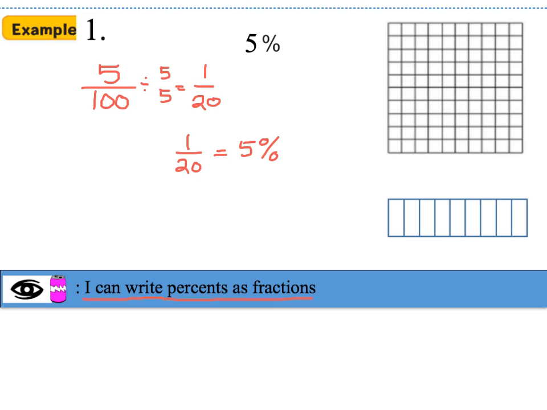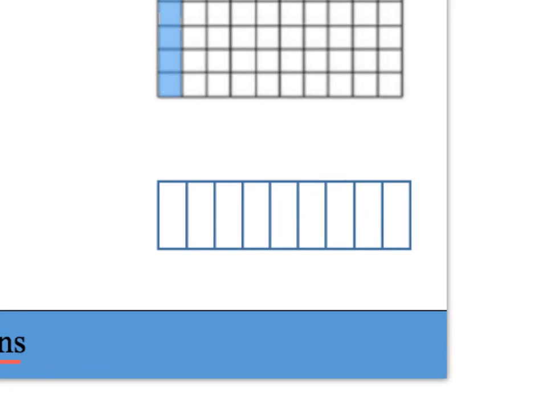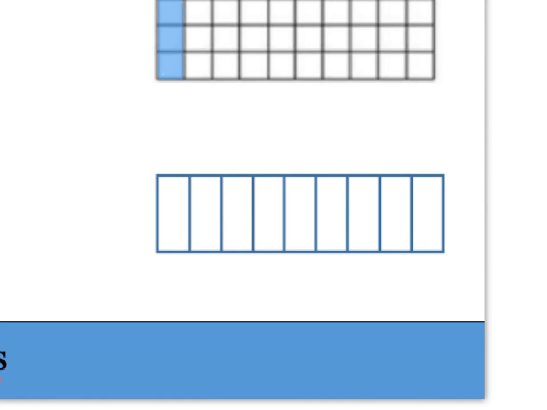Out of 100 squares, I'm going to go ahead and shade 5 squares, so that diagram shows 5%. So now let's go ahead and take a look at what the tape diagram for 5% would look like. So I'm going to start at 0% on the bottom, and 0% is worth the value of 0. At the end of the diagram,